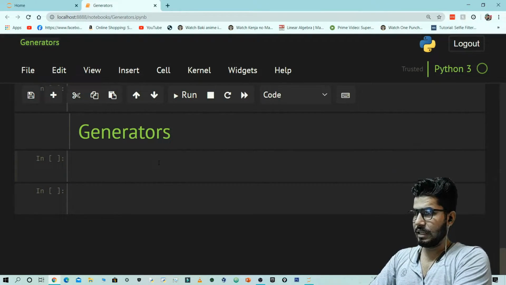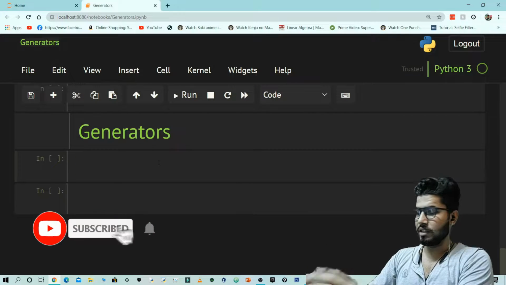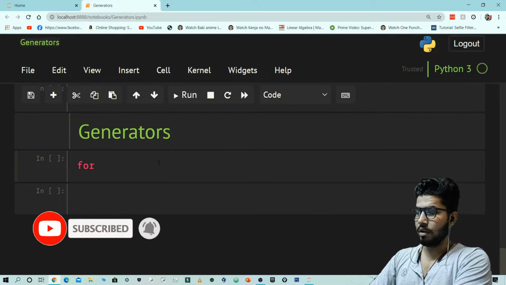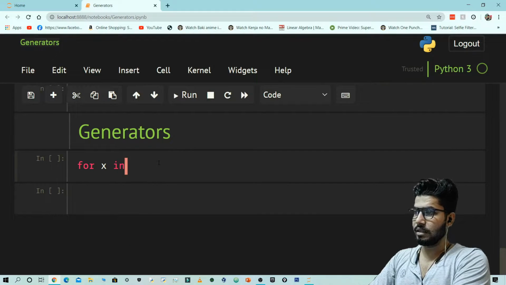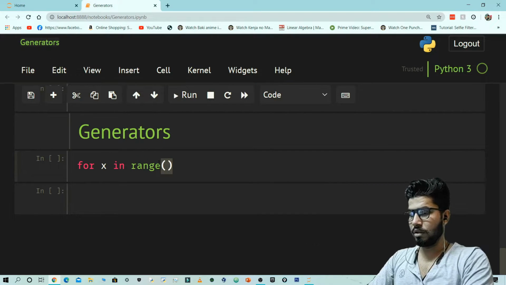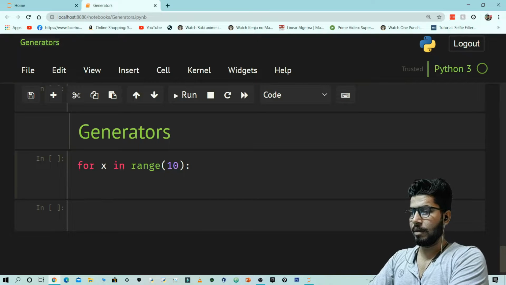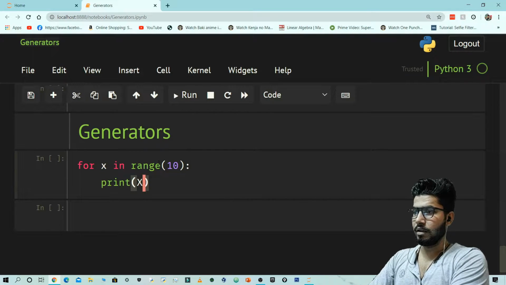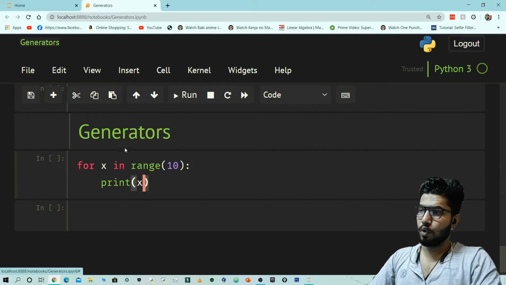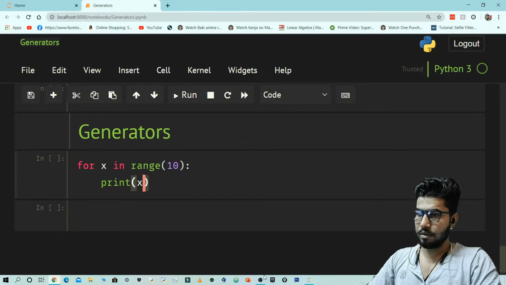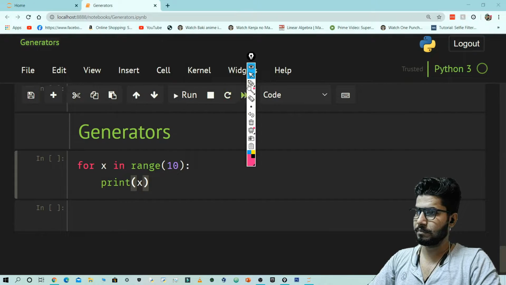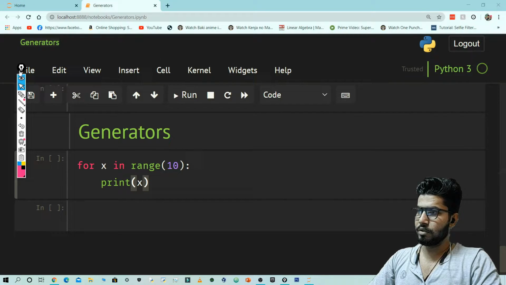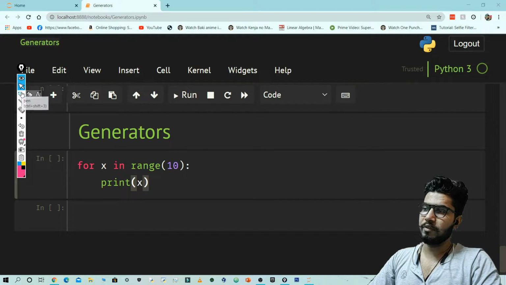So let me just show you the benefits of generators. Let's make a for loop, for x in range 10, and I'm going to print x. So what do you think happens when you call this function range?